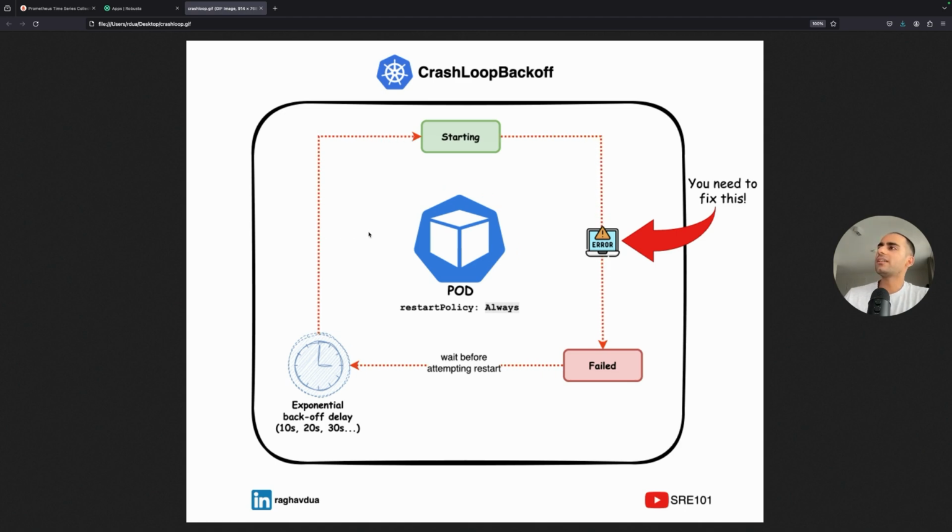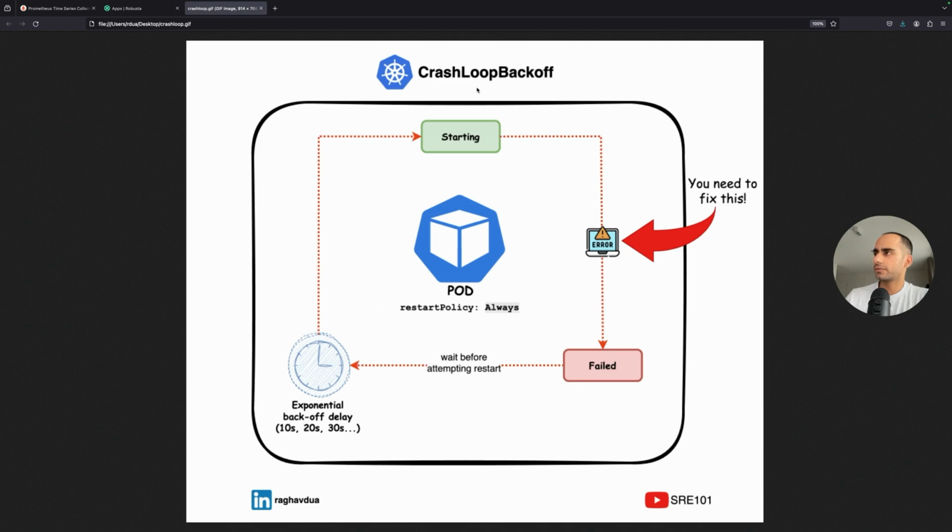But what if the pod keeps crashing over and over? For example, you just made a new deployment to your code, but the code was buggy. So this code throws an exception during initialization. So now whenever your pod starts, the code throws an exception, and because of that, the container exits and the pod exits. This results in you being stuck in sort of a loop where your pod comes up, then goes through some issues, and then it crashes, and then Kubernetes will restart it, and then the same cycle repeats